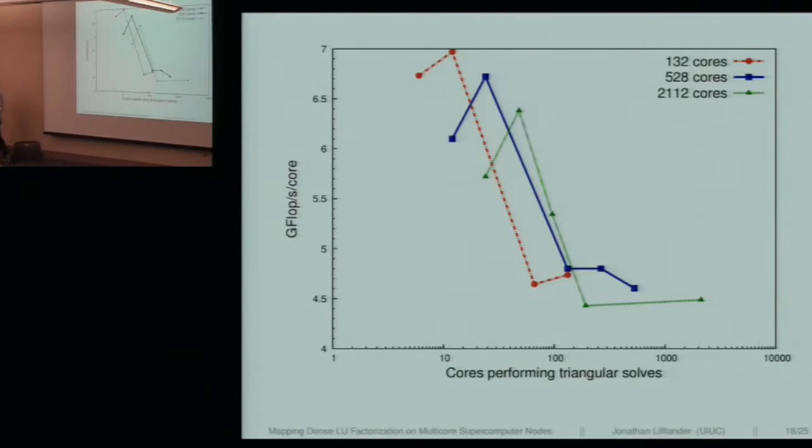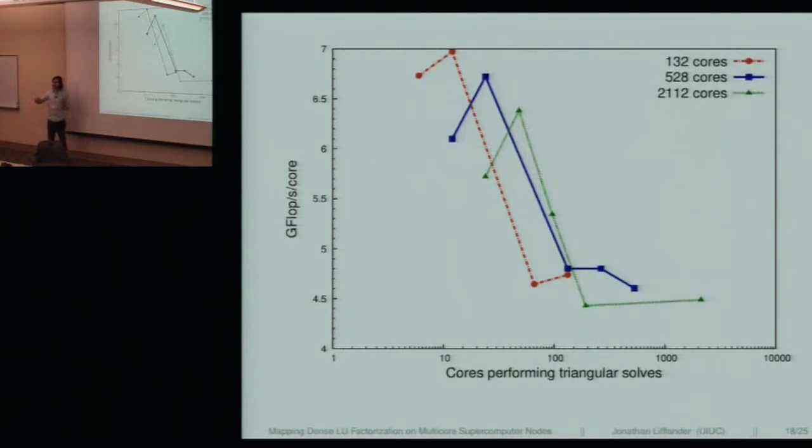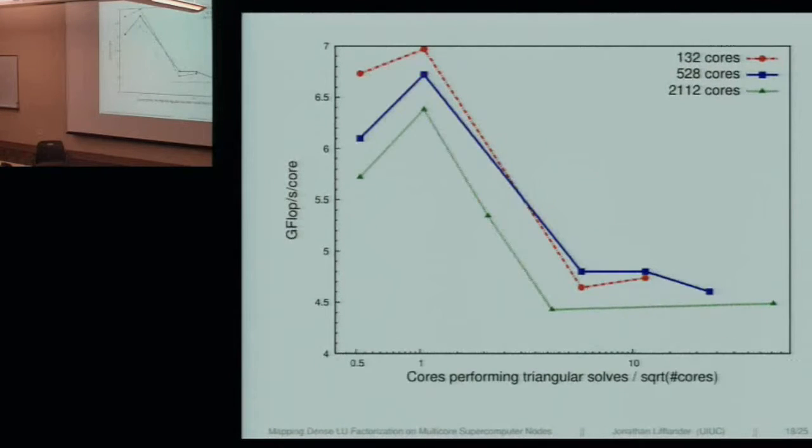Now, from a theoretical standpoint, it would seem that maybe a square tile is actually the best because of the ratio, iso-efficiency standpoint, of the number of cores on both sides. And so what we did to test this hypothesis is we actually graphed this, divided proportional to the square root of the number of cores. And when we do this, we find out that a rotation that causes the number of cores along the row to be equal to what it was back when it was a square tile is actually the right amount of